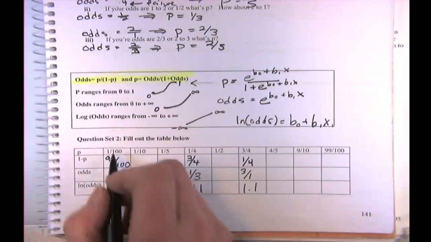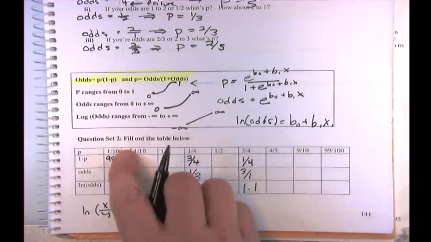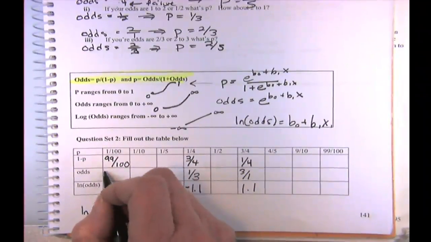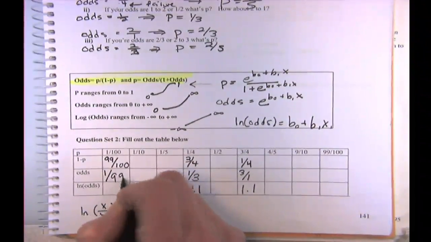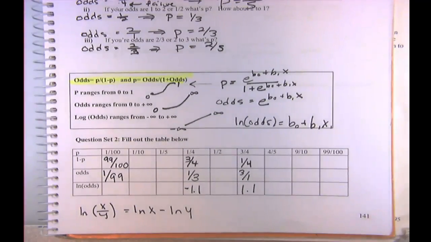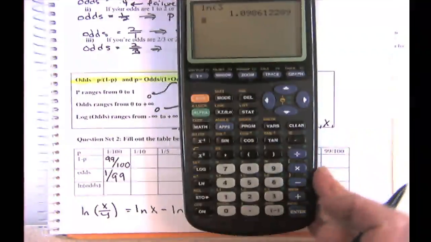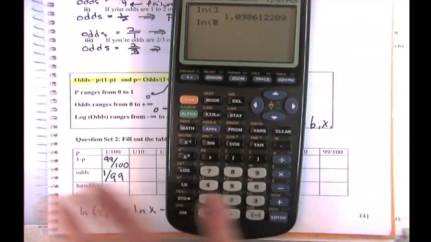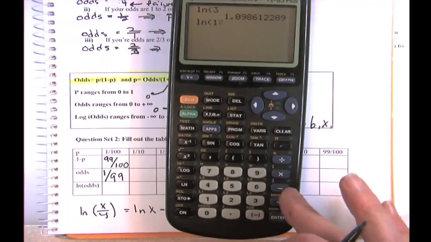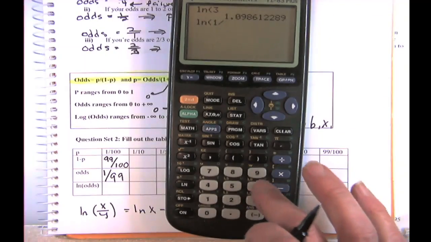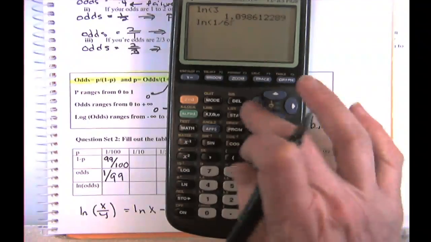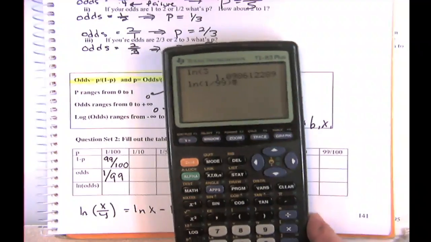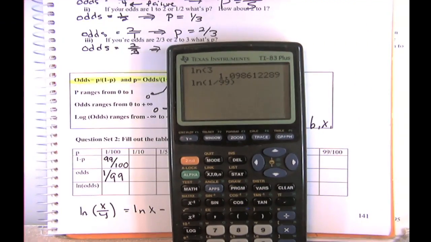Okay. So your odds are just going to be the ratio of those numerators, because it's 1 out of 100 over 99 out of 100, so that's 1 out of 99. All right. Now, to get the log of the odds, what are we going to do? We're just going to take the log. Let's say you don't know anything else. You can always do 1 divided by 99, right? Now that's going to be a negative number